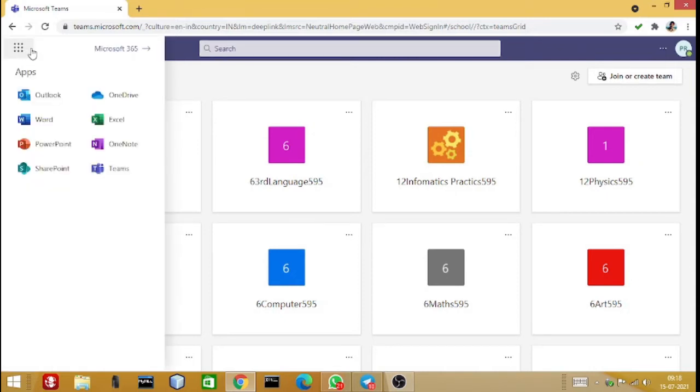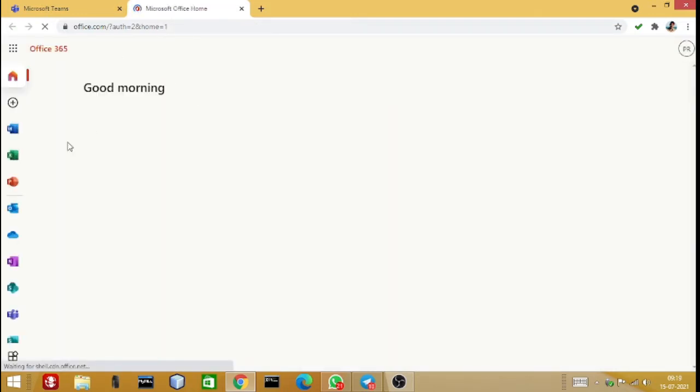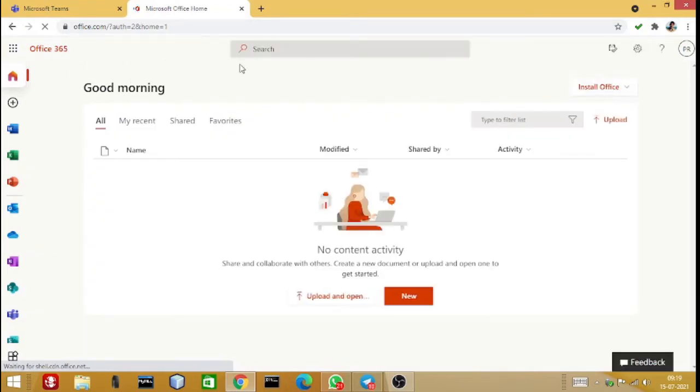Click on these 9 dots and go to Microsoft 365. Once you click on this option, you will reach this office.com page, the main administrative page.